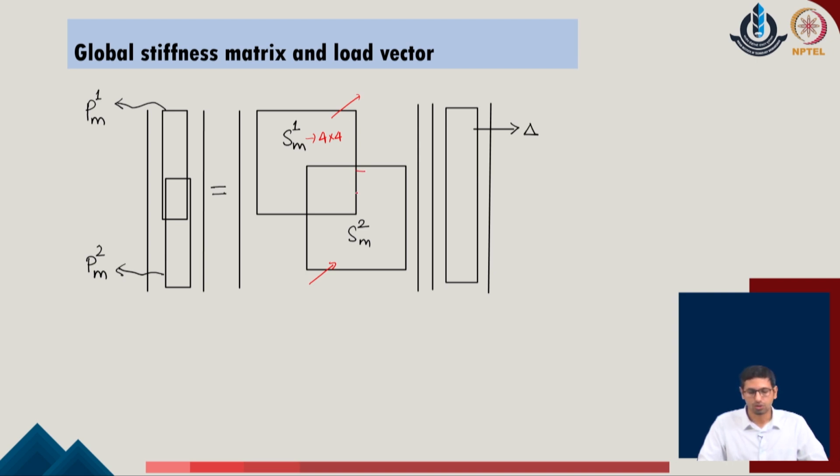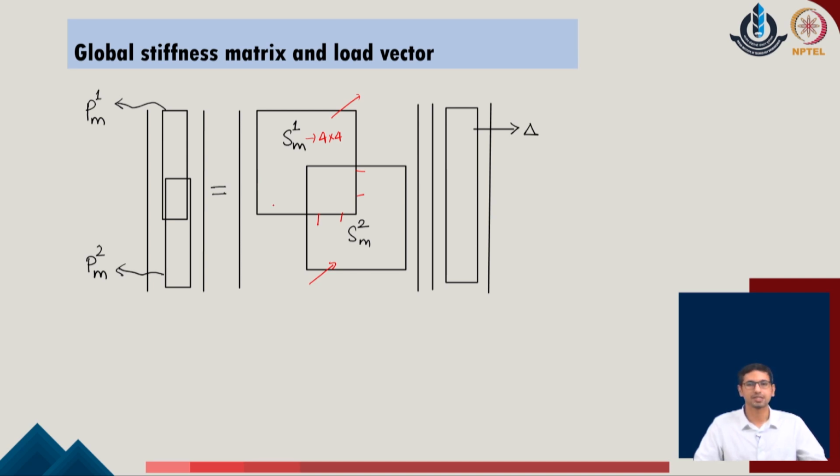The 2 rows and 2 columns of the given system will be getting contributions from both member 1 as well as member 2, and we will be summing the coefficients of the matrix for those positions of the given stiffness coefficient. With this idea in mind, we understand that the global stiffness matrix can be easily assembled with respect to the overall contributions of the stiffness of the individual members.